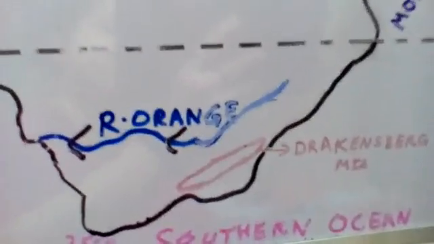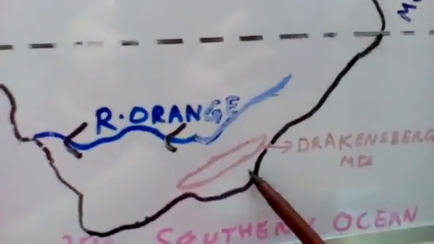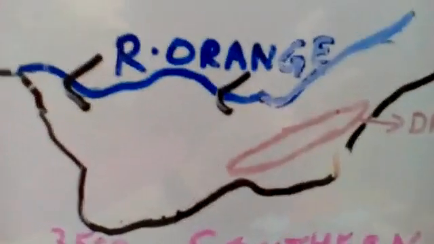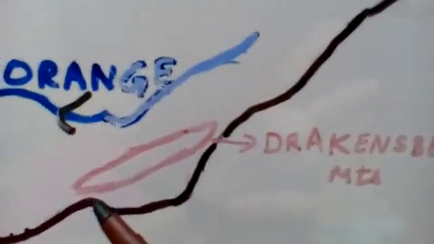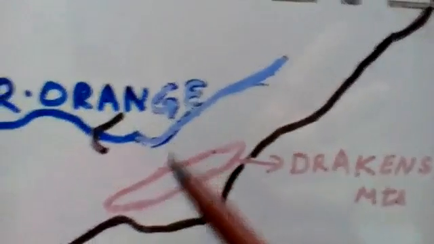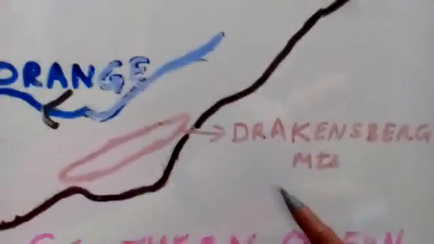Before I discuss the features in detail, let us mark the Drakensberg mountain, the second mountain of today that we are marking. Number one was your Atlas mountain that we had marked in the northwestern portion, and then we are marking the Drakensberg mountain at the tapering end of Africa. You can clearly mark it and make sure you are not touching the coastline at all. You are not touching the River Orange, but you are marking the Drakensberg mountain with the correct spelling.